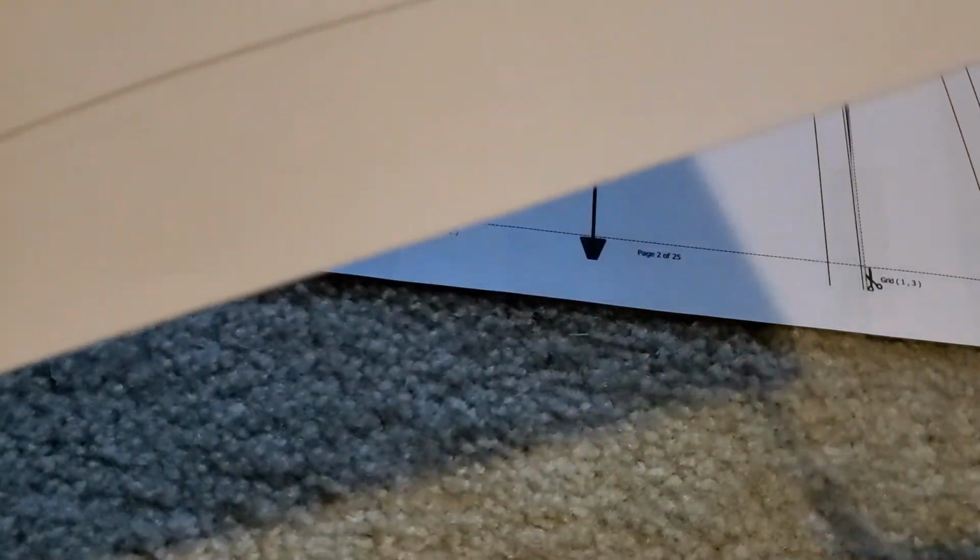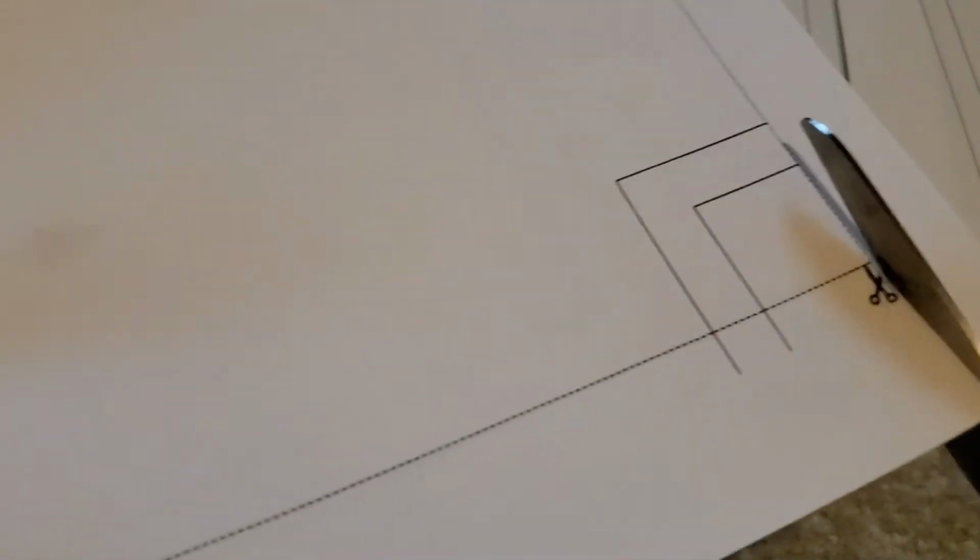And as you know, I like to save time, so I'm going to cut these all out in one go. See if I can do this on video. All right, just kind of looking at my...